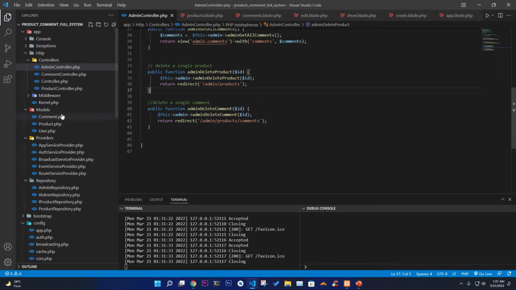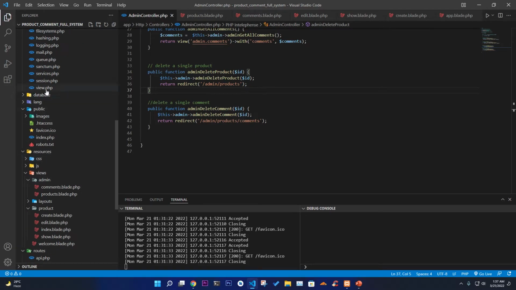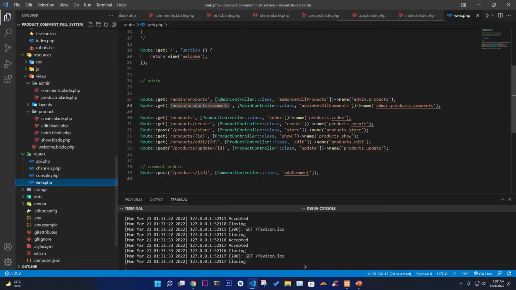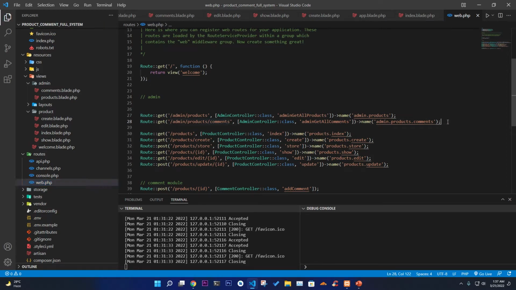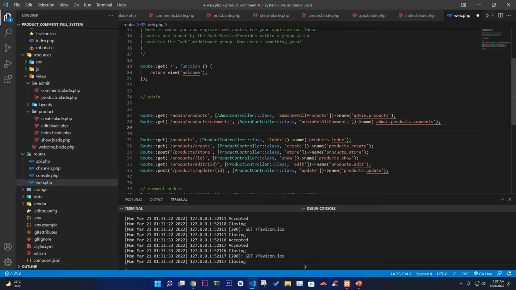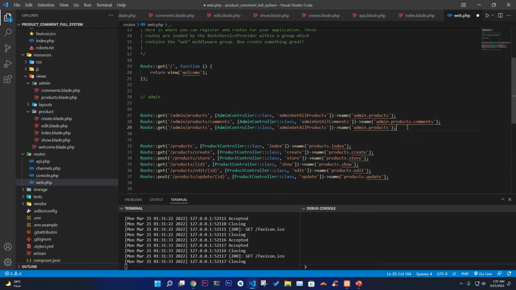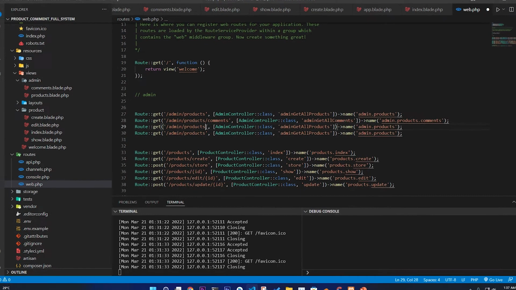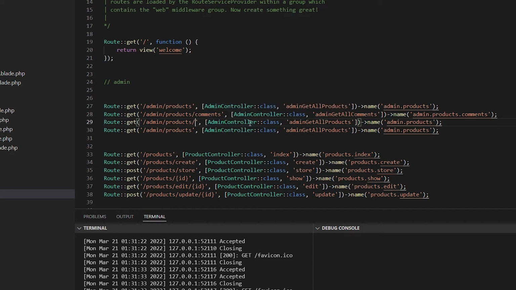Now I need to add it inside the web.php here. So here we're going to implement those features. Here for the admin, I'm going to create one more route. Let me copy this route to delete. Two more routes, one is for comment, one is for products. Admin slash product slash ID to delete, and it should call admin delete product, and it is passing an ID,